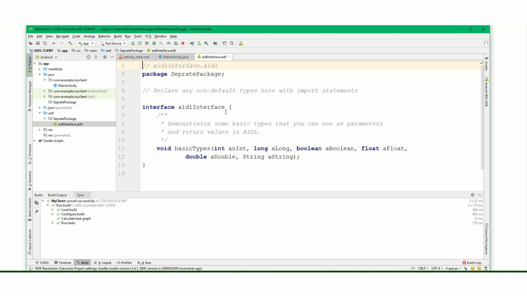Note that the package name in both client and service is the same for this AIDL interface, and so is the name.